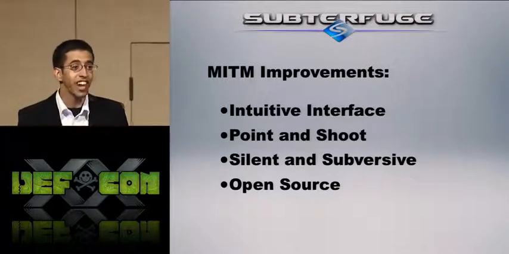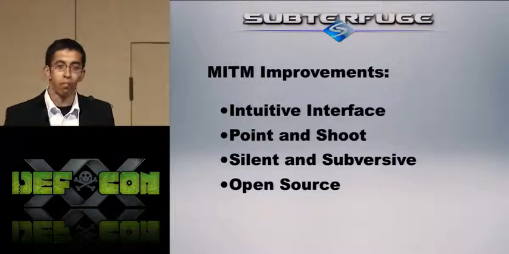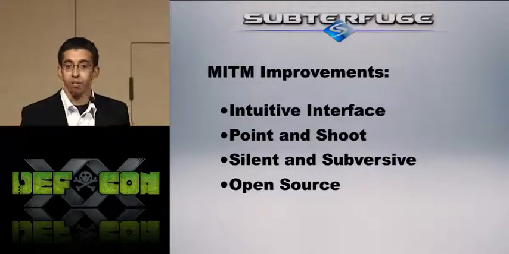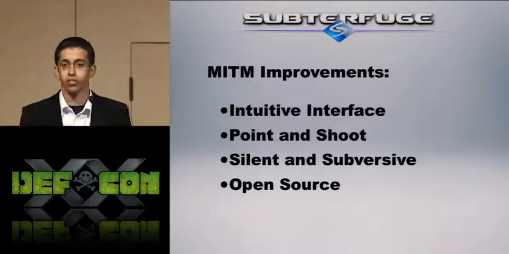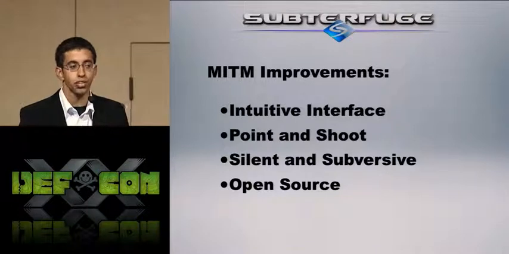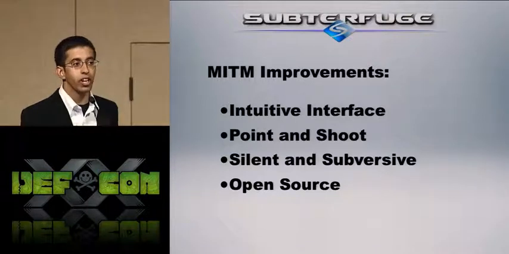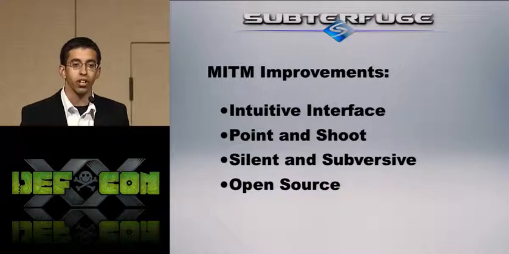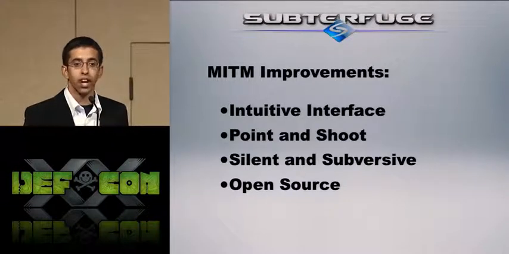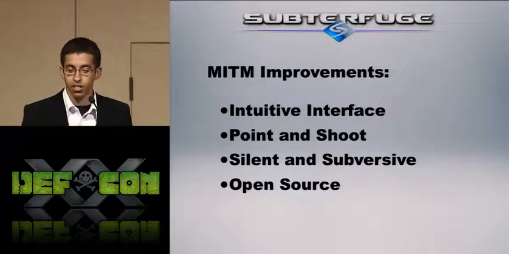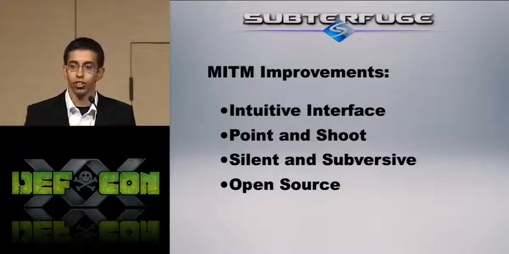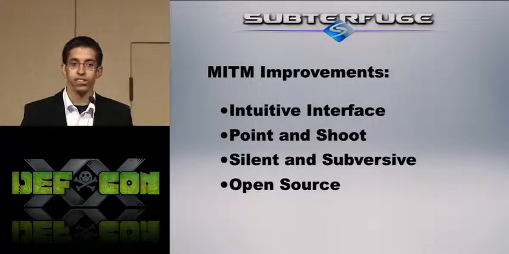It's also really silent and subversive. Unlike most man-in-the-middle tools where it's spamming ARP, particularly for ARP cache poisoning tools, Subterfuge actually has a couple innovations, if you will, that we're going to talk about in a little bit when it comes to poisoning a network that really allow it to be a lot more silent. A couple other things that we've integrated into Subterfuge we'll also talk about in just a little bit let us subvert the user and make it really transparent and very hard for the victim to actually realize that they're being